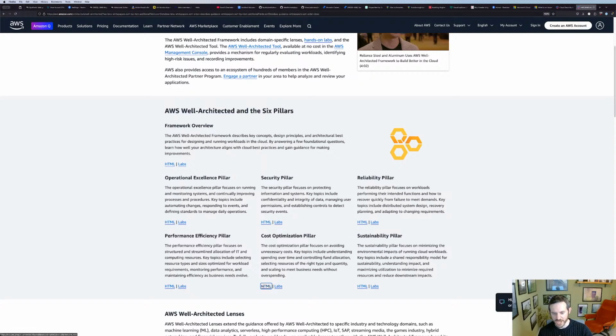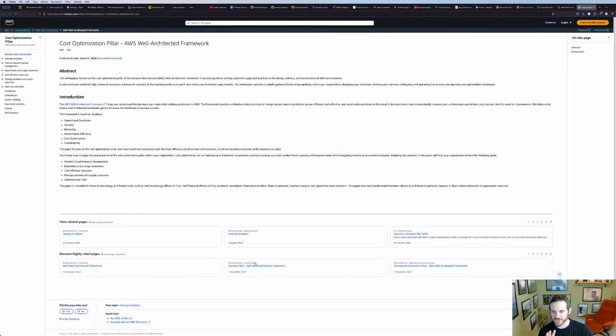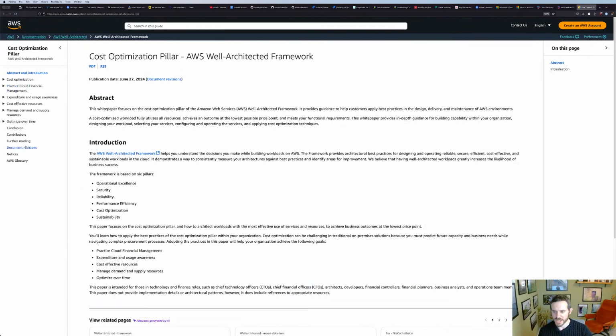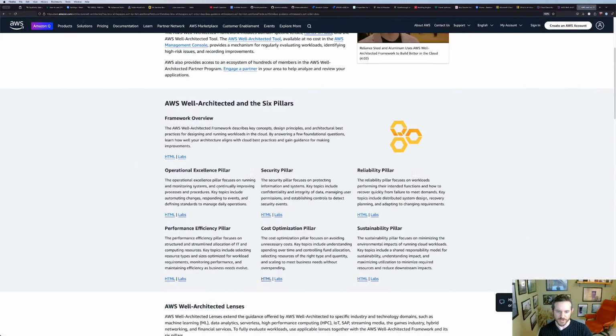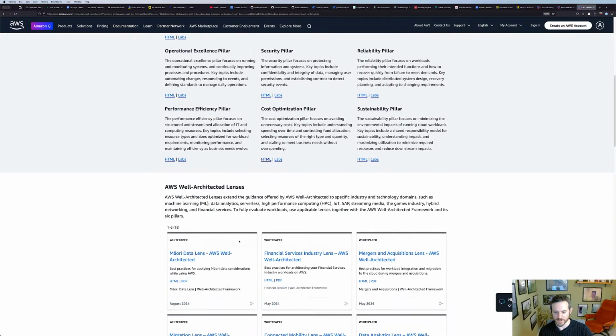One of the things we've just been harping on about is cost optimization. And so the cost optimization pillar will give you a bunch of documentation about how cost optimization should be driven inside of your AWS environment. If I go back up to the top: operational excellence, security, reliability, sustainability, and performance.